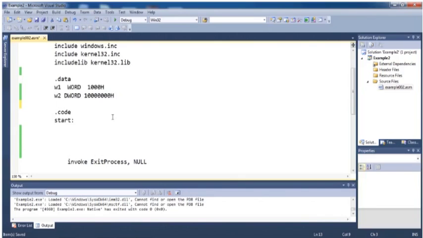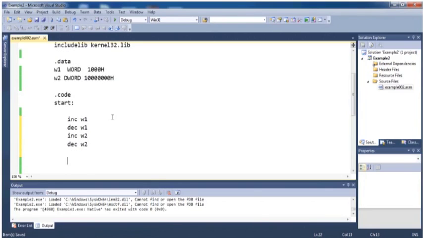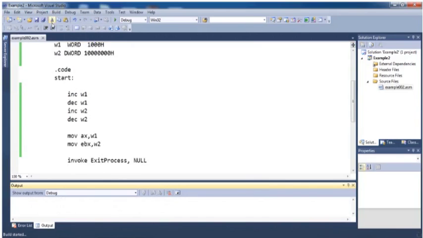If I say increment here in the code, increment can be applied to W1, and if I say decrement in the W1, okay. And if I say increment, it's not the incr, it's the increment. So if I say increment w1, w2, decrement w2, and if I refer to them again, or if I move those values, for example, move ax comma w1, move ebx with w2. So now you can see, if I just save this one, build again, build a solution,